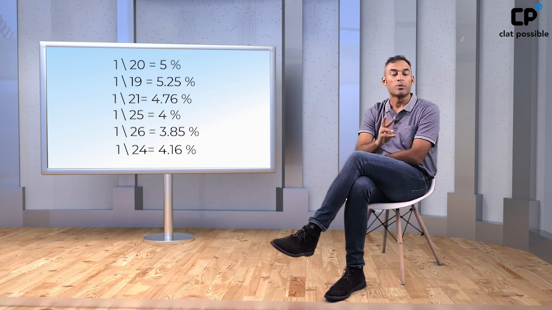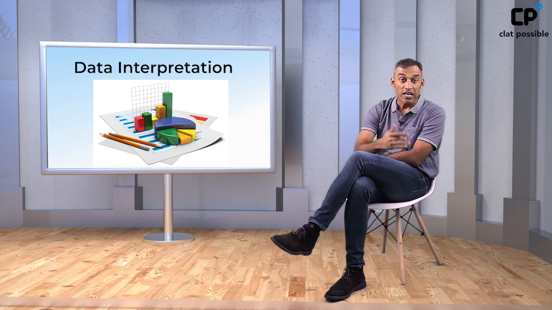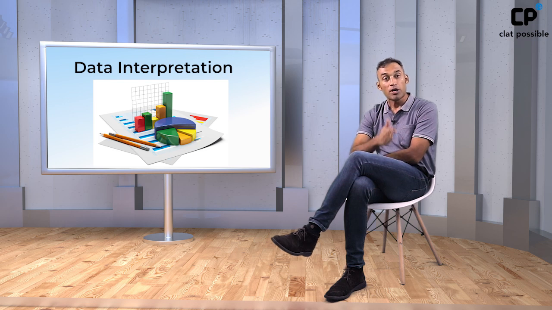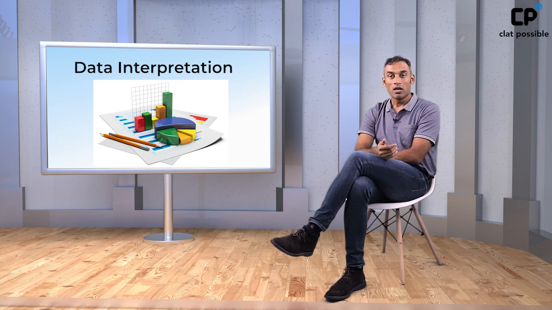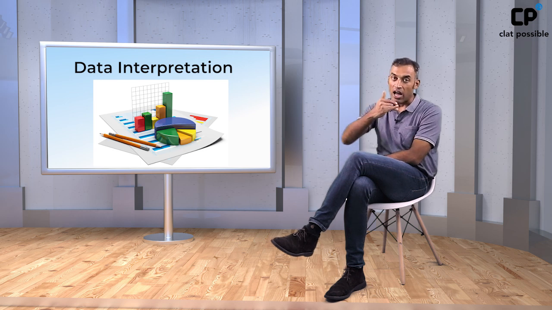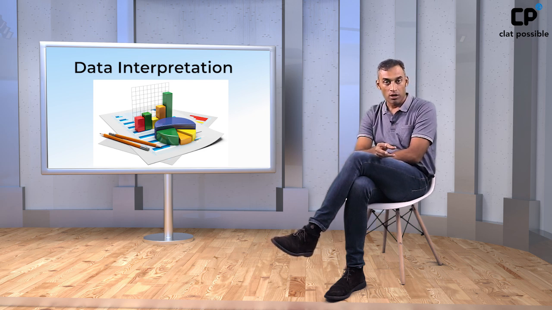So be very, very comfortable with ratios. It will be very handy, and as far as possible, use multiplying factors wherever you can insert them. So be comfortable with DI. DI is a subject which is extremely scoring. You can easily get about 12 to 13 marks out of 15, but you should be comfortable with basic maths. So try to solve different kinds of sets. You really don't have to go to a very difficult kind of set, but it's more to do with your calculations and the speed at which you're doing them.